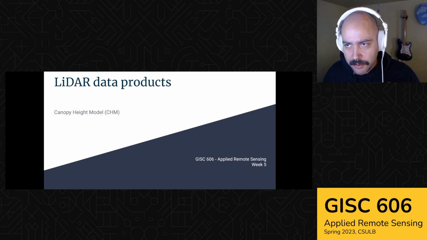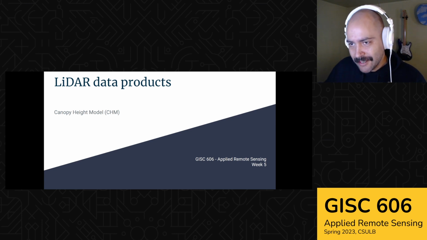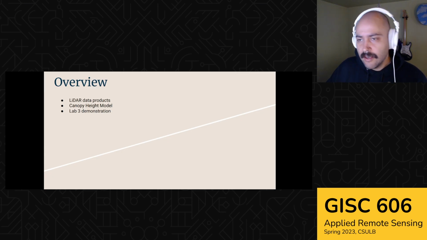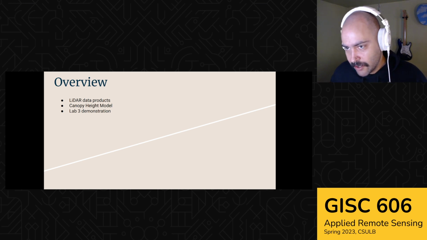We're going to be looking at LiDAR data products generally, and then narrowing in on canopy height models. That will make a little more sense in a few minutes, but it's a more ecological application of LiDAR data. But as you'll see shortly, there are many non-plant-based uses as well. So today we're going to have an overview of LiDAR data products, then focus in on canopy height models, and then jump right over to the Lab 3